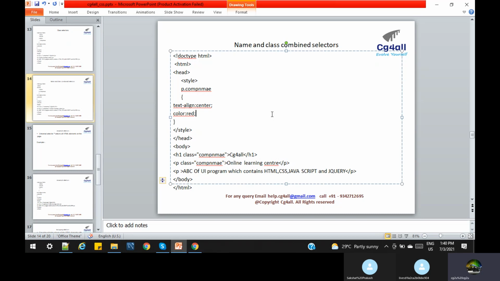So we have to write the code in such a way that existing code is not removed or overridden, because we don't know how they are writing it. On top of that we have to write the code. Here the class name is used for the H1 as well as the P element. But our requirement is only the P element. So how can we map these selectors with the element P and this class name? P dot class name. Hope it is clear. Let us run this program and understand.